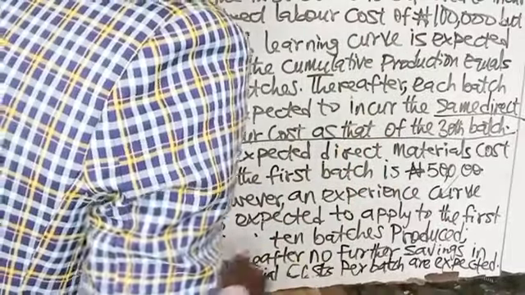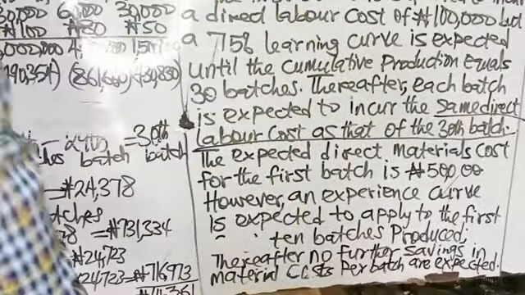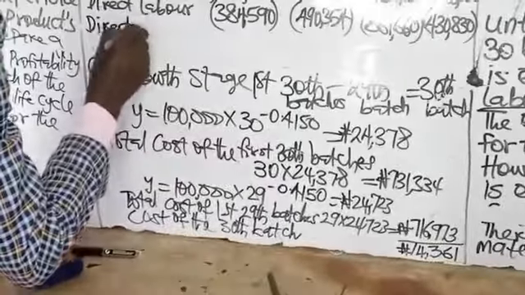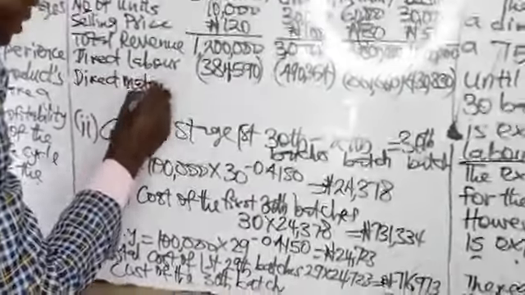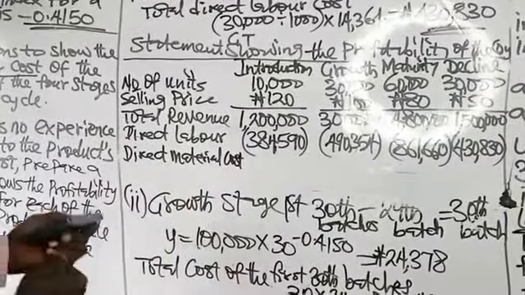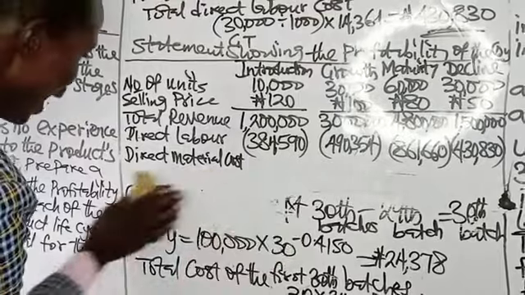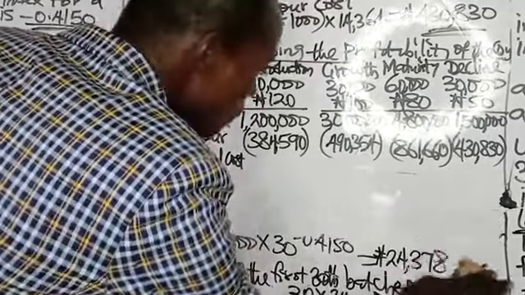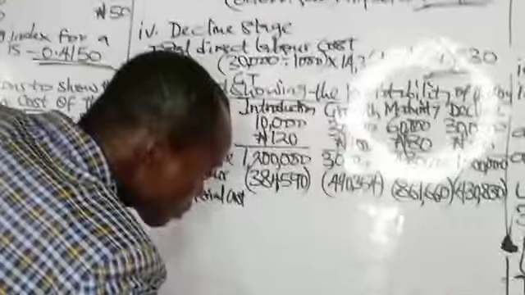So if the first batch is 50,000, then the total direct material cost